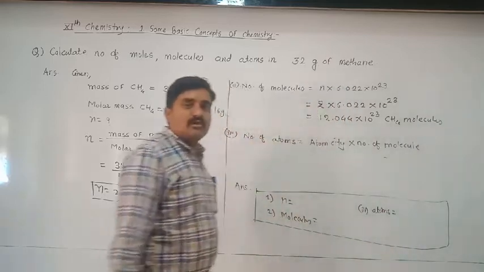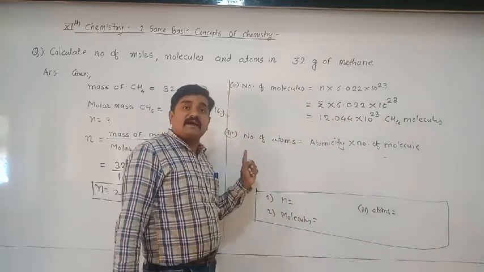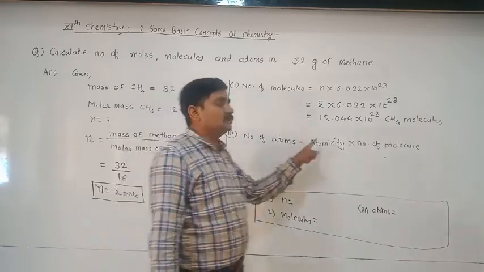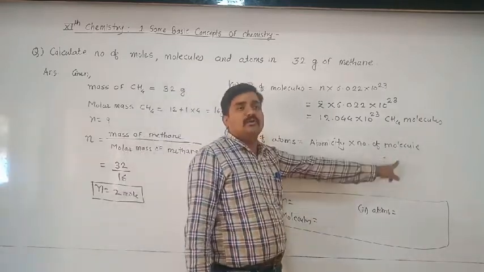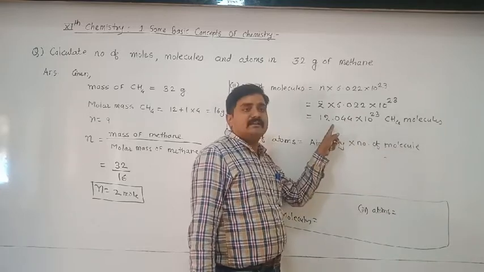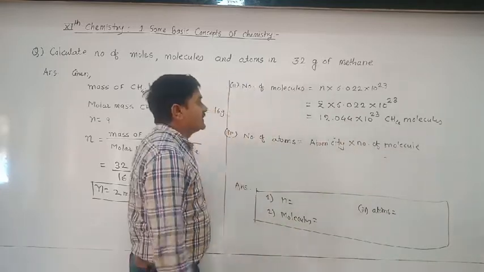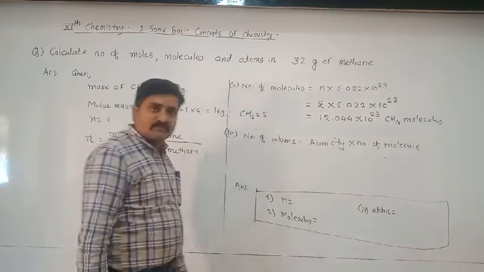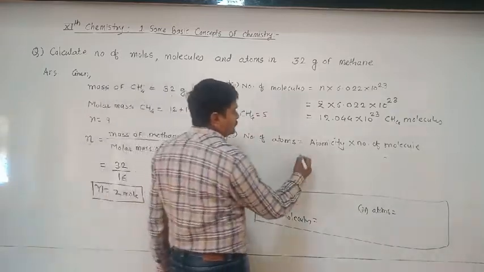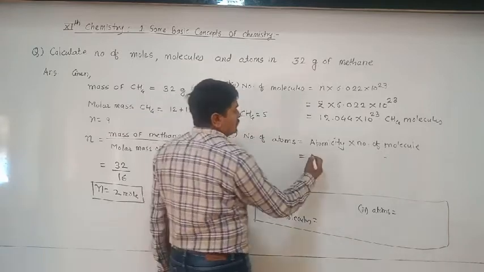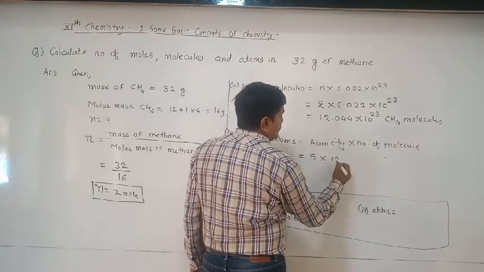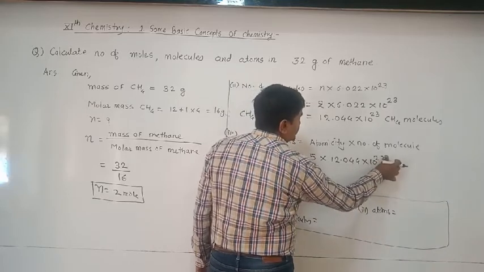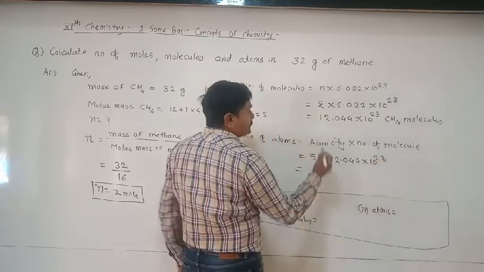Once I get the number of molecules, then calculate number of atoms. How do I calculate number of atoms? Number of atoms is equal to atomicity into number of molecules. Number of molecules I am getting here. What is the term atomicity? Atomicity of methane. Methane ची atomicity किती आहे 5. Methane contains 5 atoms. Atomicity is 5. So 5 into 12.044 into 10 raised to 23 molecules. So total number of atoms is